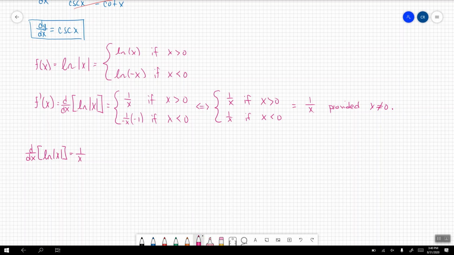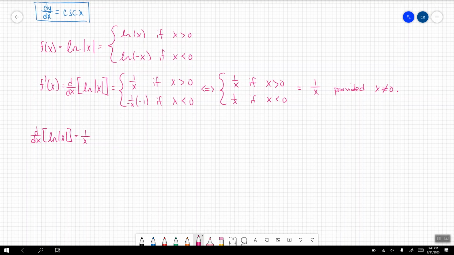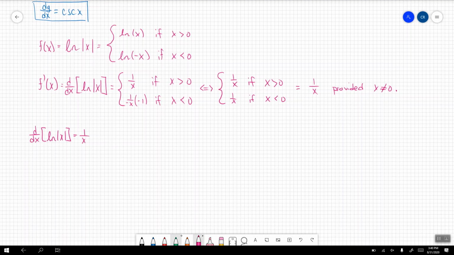Now, why am I babbling on about that? Well, there's one specific reason. The one specific reason is that I now want to use the antiderivative. In other words, I want to apply the fundamental theorem of calculus here. Well, let's go through and figure out how we're going to do that. So, we're going to say applying the antiderivative, or applying the integral,